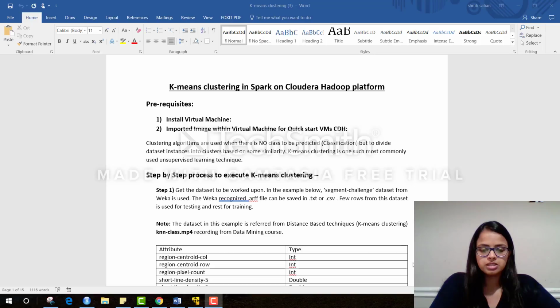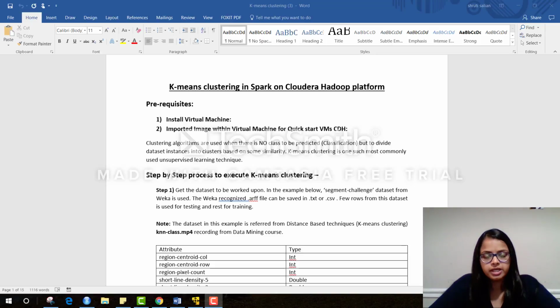Coming to the Kmeans clustering algorithm, it is a type of unsupervised machine learning technique, where you do not have a target variable that has to be predicted. This is not a classification problem. Kmeans clustering is one of the most widely used unsupervised machine learning techniques. We will divide a data set into different clusters where each cluster will have data points which are very similar